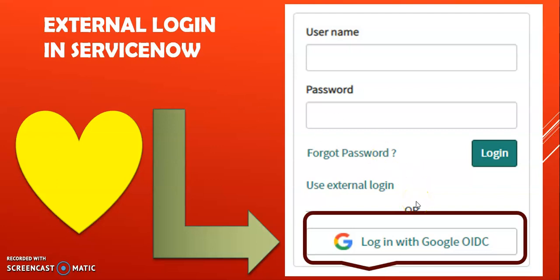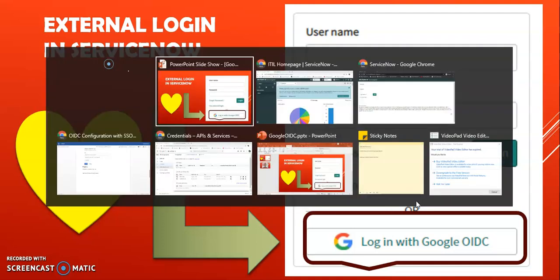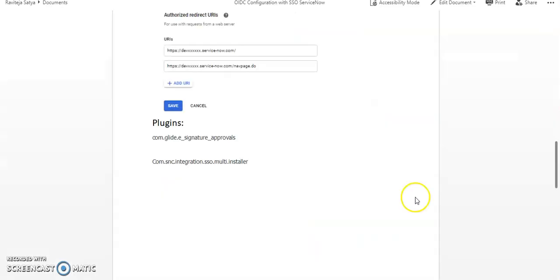Let me explain in detail, before going into this, about the OIDC login and what process we are using here. Here we can create or update an OpenID Connect configuration using the multi-provider SSO plugin. The main things we need from the external authorization provider, like Google, are the client ID, client secret, and well-known configuration URL. For this I have created a document with a step-by-step process, and from there we can see the exact details of what we are going to use.